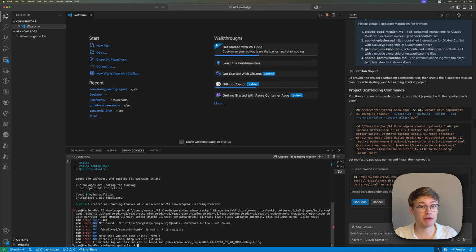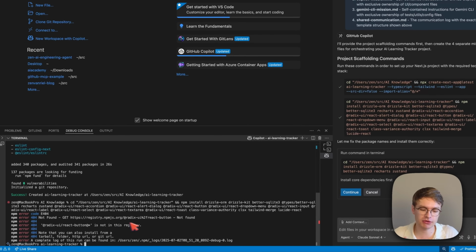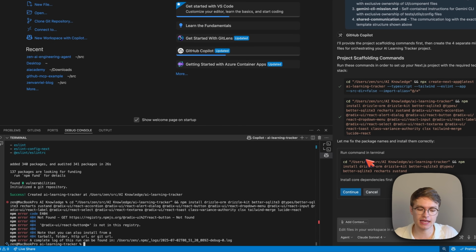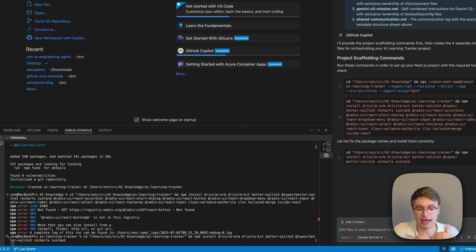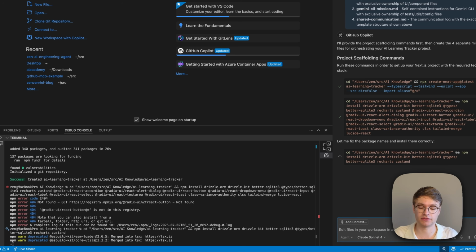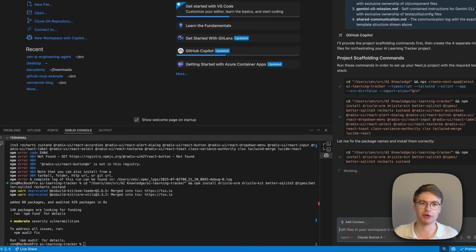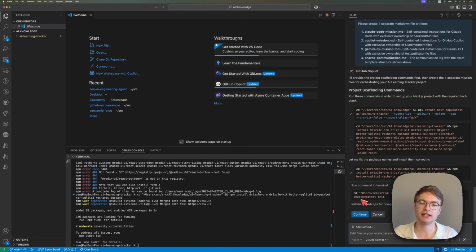And honestly, in my real professional experience, that is just not true, because you can see right here that it fails at a pretty trivial task. But that's okay, because Copilot is able to understand what package names it should use, and then I have to just press continue and make sure that what it tries to do instead makes a lot of sense. So now it's going to go ahead and try to install the packages again, and there you go, it works. So this just shows you that these AI agents are self-repairing, but you need a human to control them. In this case, I, as the puppet master, will make sure that these AI agents are guided into the right